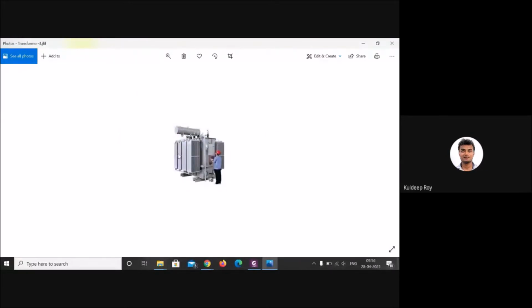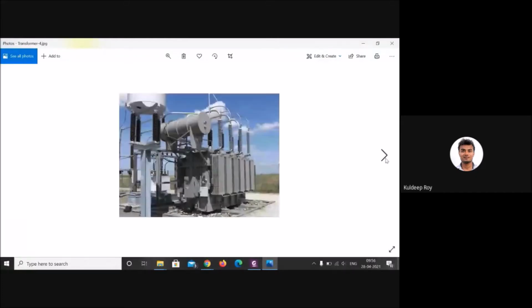First of all, have a look at this. This whole transformer is much bigger. But if you look at the exact phenomena, the major component is only in a small space. Now you can see this part, those long fins, which are called the fins. Why are they applied in this direction? What is the significance of this?